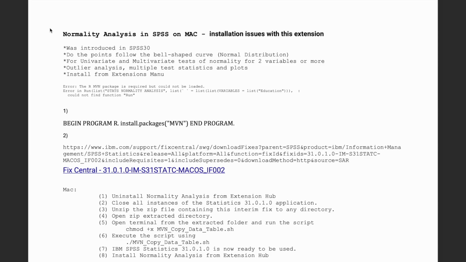The normality analysis, I googled, was introduced in SPSS version 30 as an extension in the Extension Hub. It analyzes whether the points follow the normal bell curve, or normal distribution. It's very interesting: it offers both univariate and multivariate tests of normality for two or more variables. So I take it that for MANOVA, we had better run the multivariate